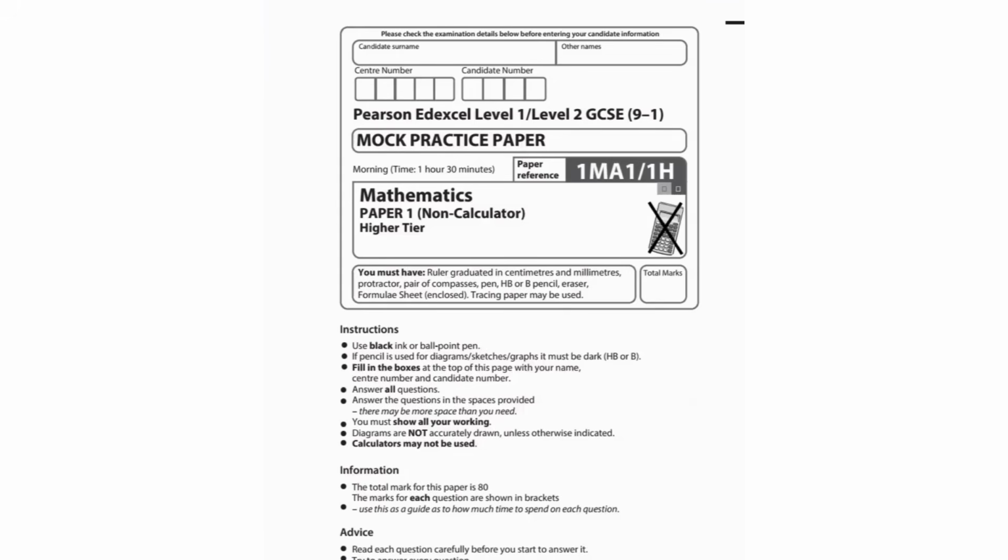So all of you have been requesting that I put up the GCSE Edexcel Maths paper for November 2025, but unfortunately I can't put up the latest papers right now, because a lot of people have been targeting my channel for putting up the papers before the mocks and then blaming me for students looking at the papers before the mocks and then being well prepared. Honestly, I don't think there's anything wrong with that, if the students are preparing for the exam. But since they're targeting my channel and trying to bring it down, what I'm going to do is